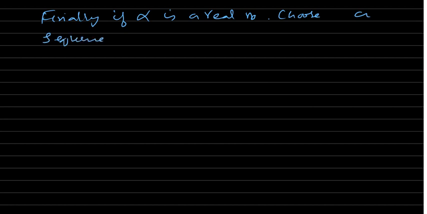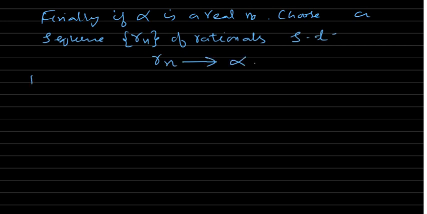Because the rationals are dense, choose the sequence Rn of rationals such that Rn converges to alpha. Now let's see this inner product alpha x y. Here alpha is now any real number. By definition, what is this inner product? It's 1 by 4 times norm of alpha x plus y